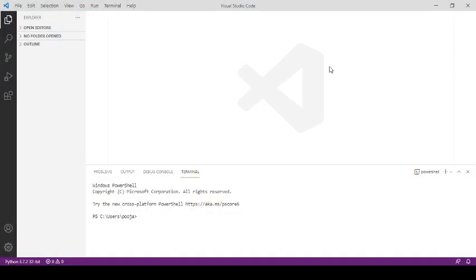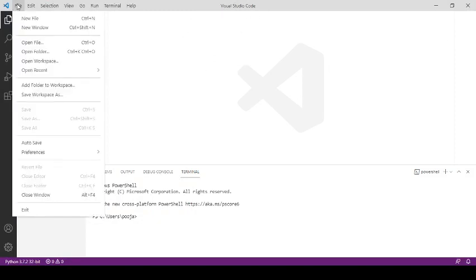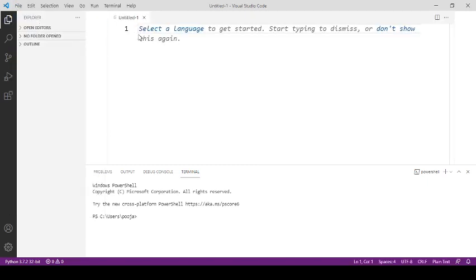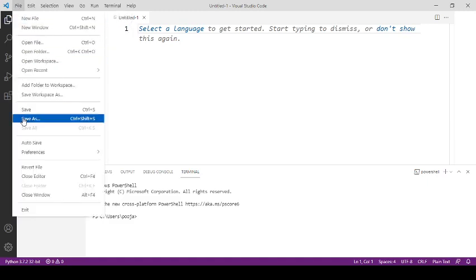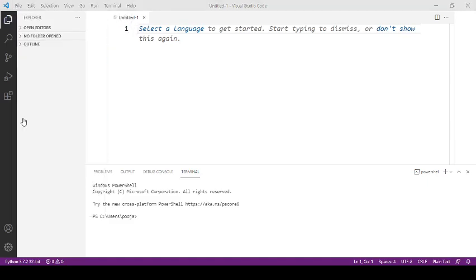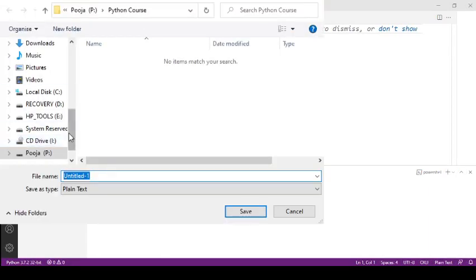So first we need to open Visual Studio Code, and then we will create a Python file to see how to sort data frame. Create a new file, and a file with a default name will be created. You can save this file as a Python file. Just click on File and then go to the Save As option, and now you can specify the name of the Python file.